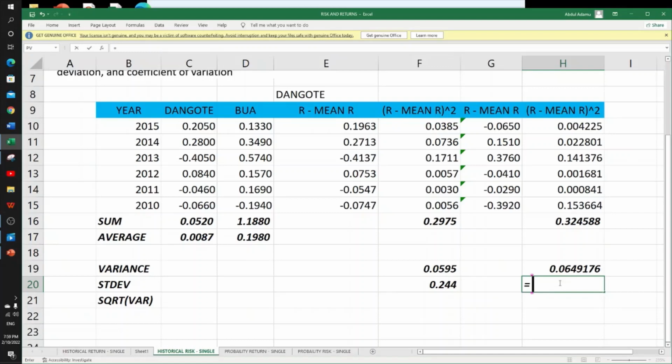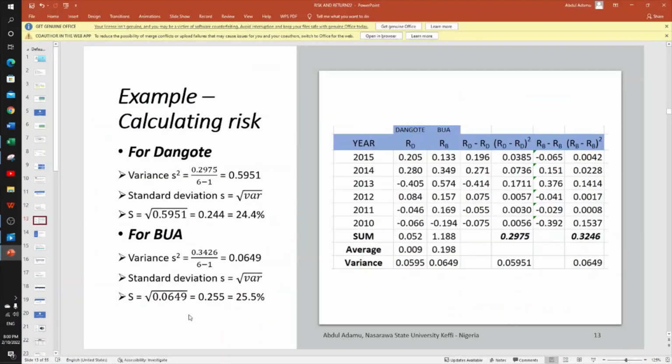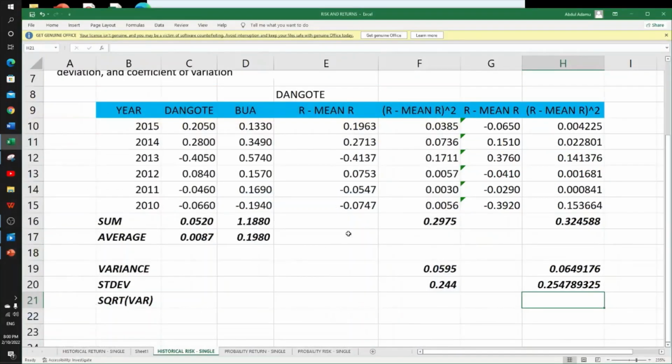Equals to square root of this number, close, so 0.2547. So you can see the value here, they are the same. So this is how we find